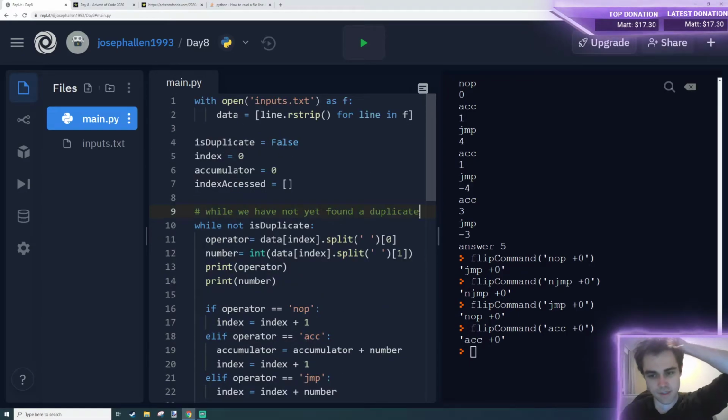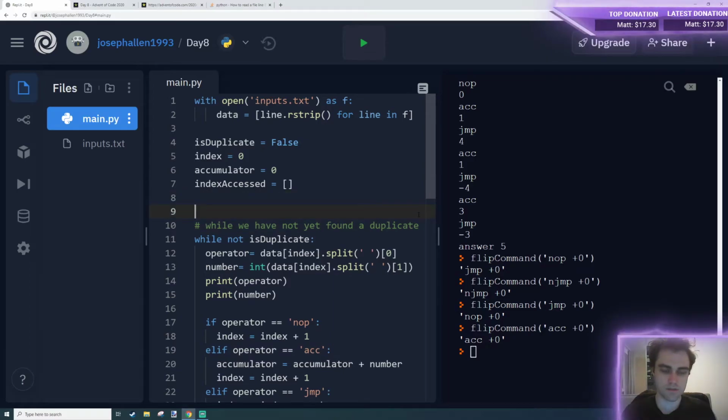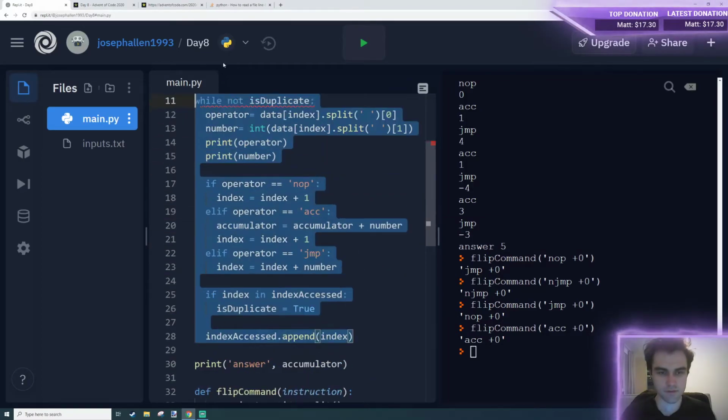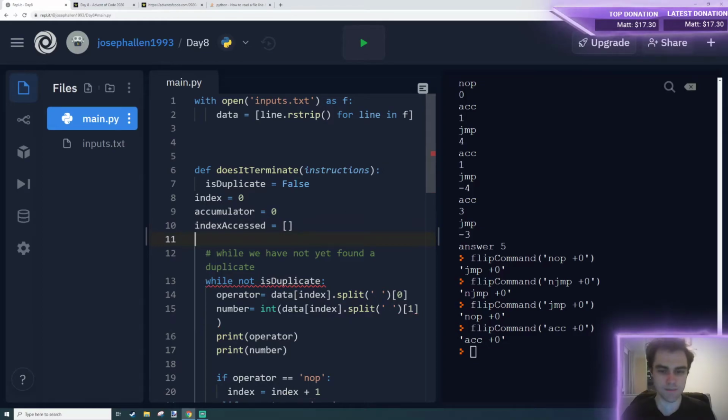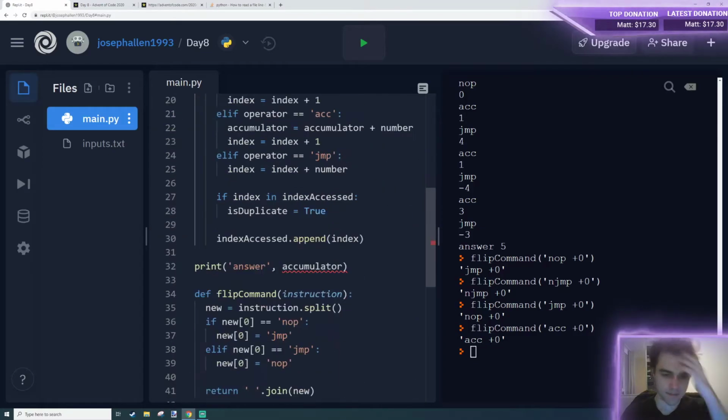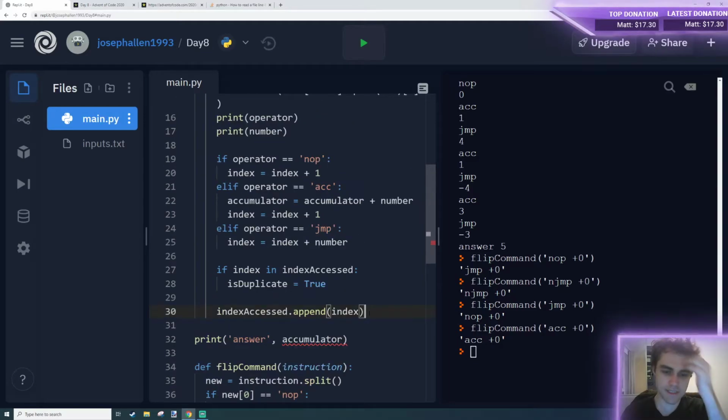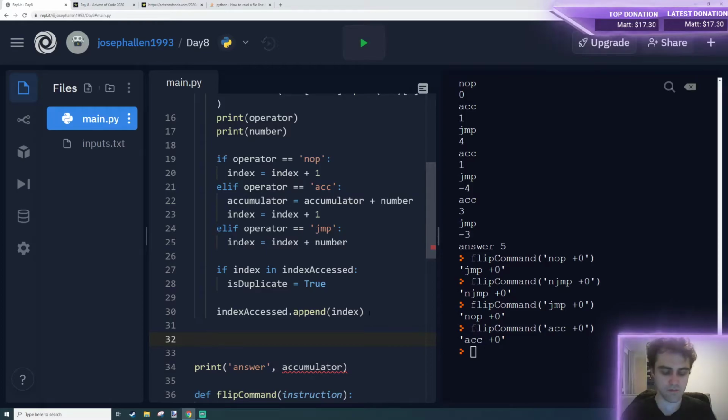So now what we can do is iterate through, basically running this code again. So let's wrap this up in a function as well. Def check terminate. Does it terminate? And that's going to take a list, data. Instructions. I'm going to indent that. We might need to move all of those globals inside there as well, because those are going to need to get overwritten each time we run this. And we need to return, well, we're going to need to return the accumulator, but we're also going to need to return